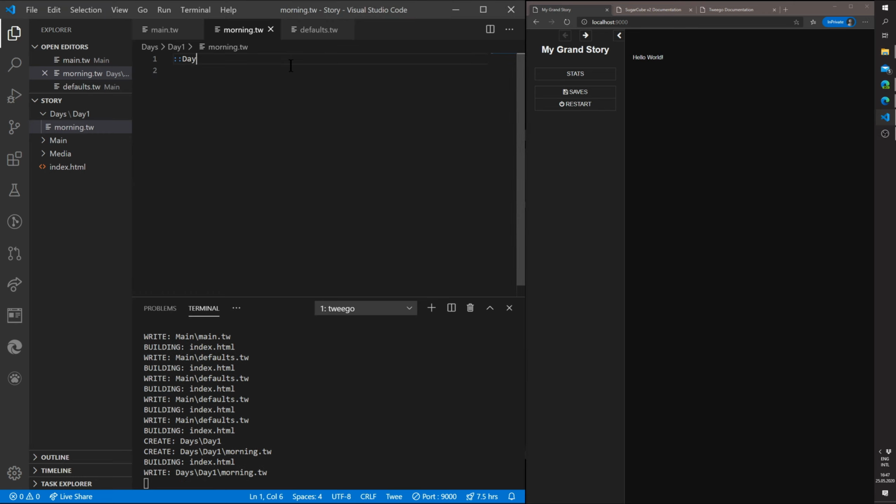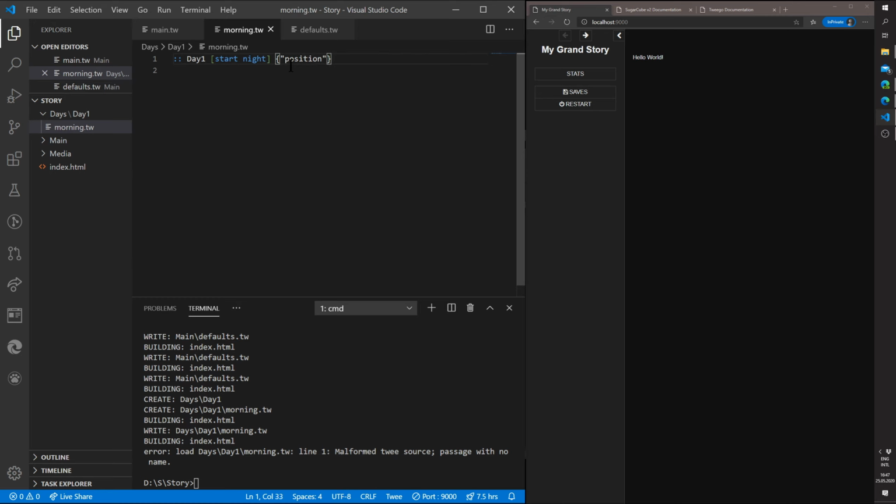And I'm going to create a day 1. This one is going to be used more. The first day is basically acting as a start point, but later on the days could also be counted as a debug system, which you can use later on for debugging. And inside here I will add tags, start and night. We will use them a little later on, but you can also add something called position, let's say,